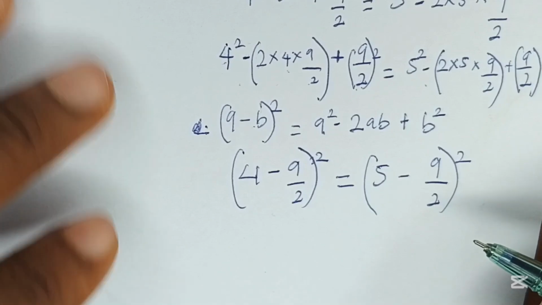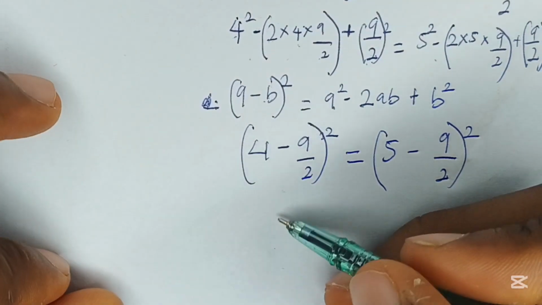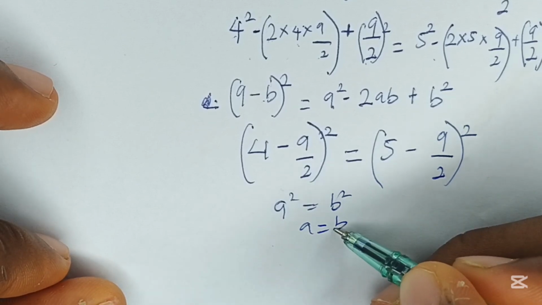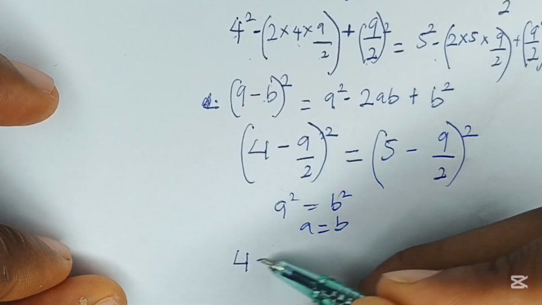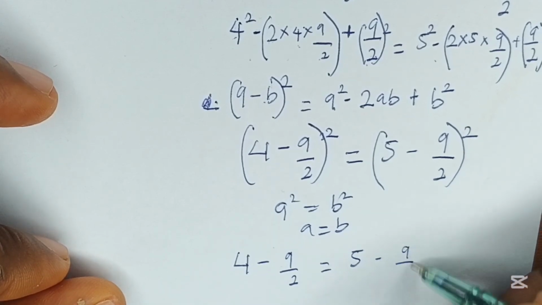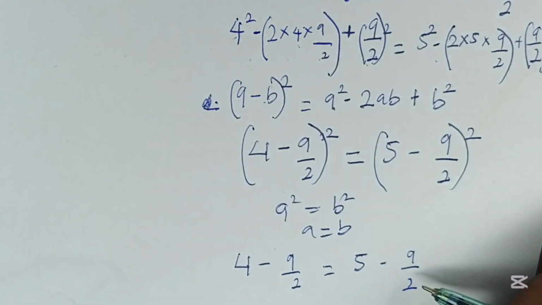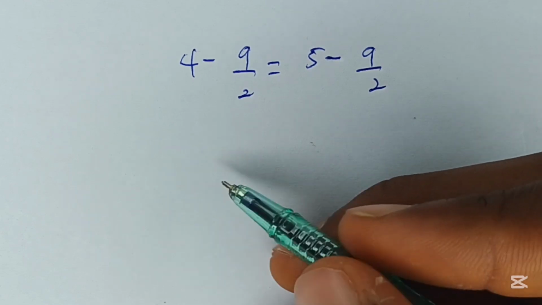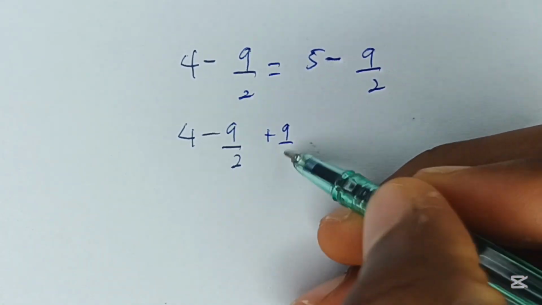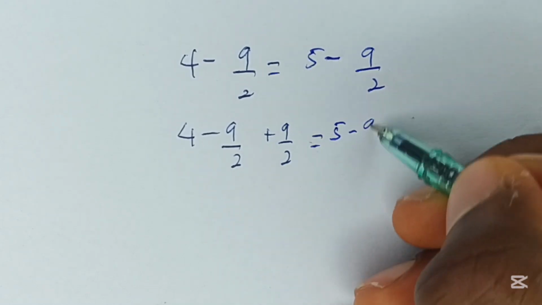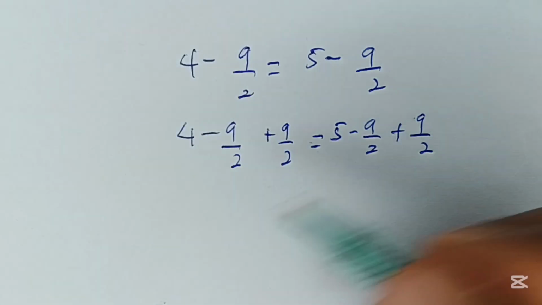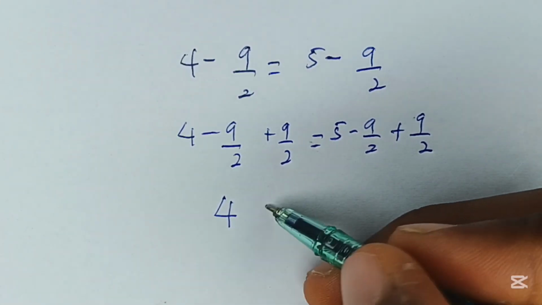Now, if you have a squared to be equal to b squared, it means that a is equal to b. Okay, so here we have that 4 minus 9 over 2 is equal to 5 minus 9 over 2. Okay, now let's add 9 over 2 to both sides. So we have 4 minus 9 over 2 plus 9 over 2 to be equal to 5 minus 9 over 2 plus 9 over 2. You have seen that 9 over 2 and 9 over 2 strike, so that we have that 4 is equal